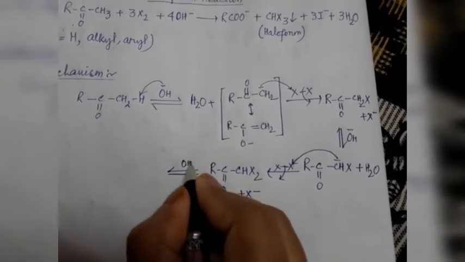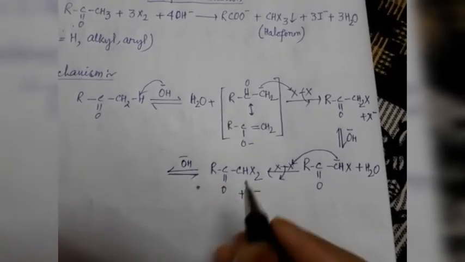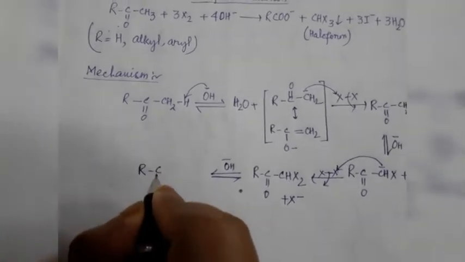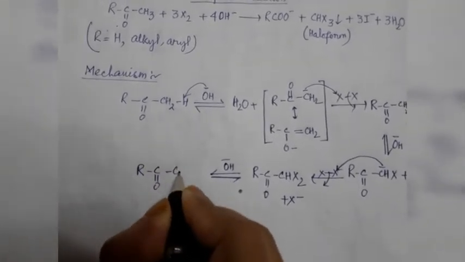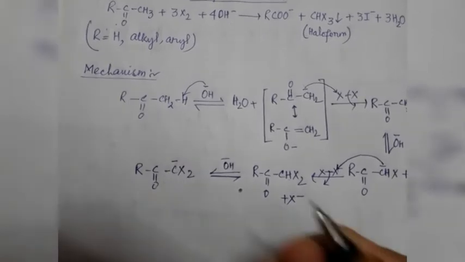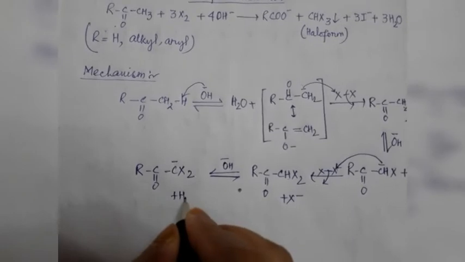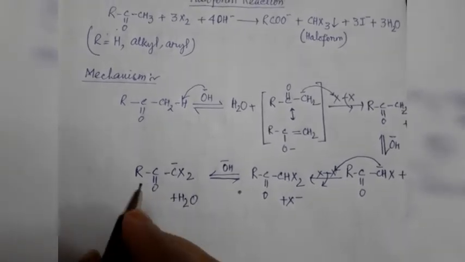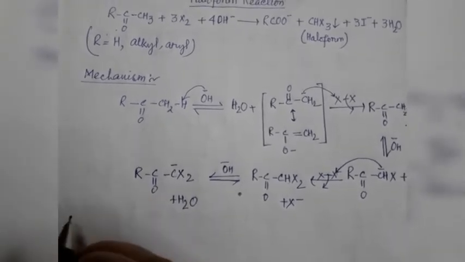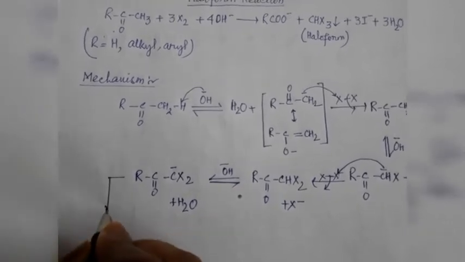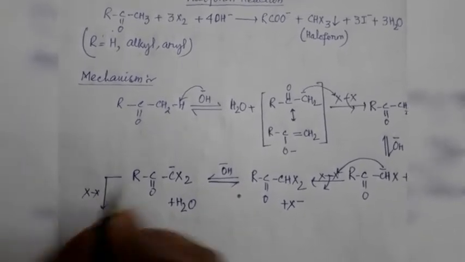Now again repetition of the same process. So we will have RCOCX2 negative plus water H2O. Okay, clear? Next, again the same thing, this anion will react with X2 or halogen,